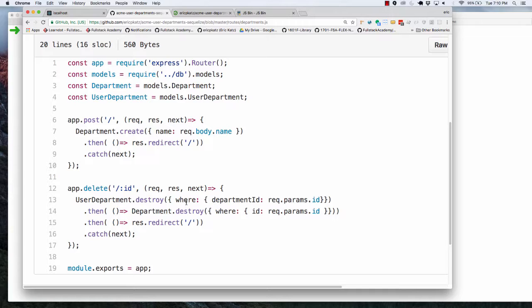It's very clear, right? I can grab my department, models.department, big D. Models.UserDepartment, capital U, right? When I go to do a post here, I don't even have a GET request here. All I'm doing is creating this, getting it, and then doing a redirect back. I have a catch here for next. When I go to do delete,